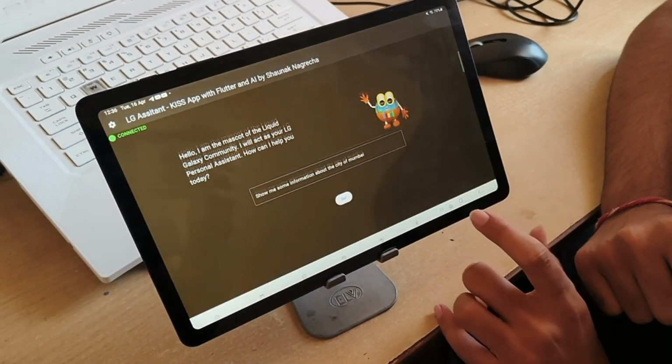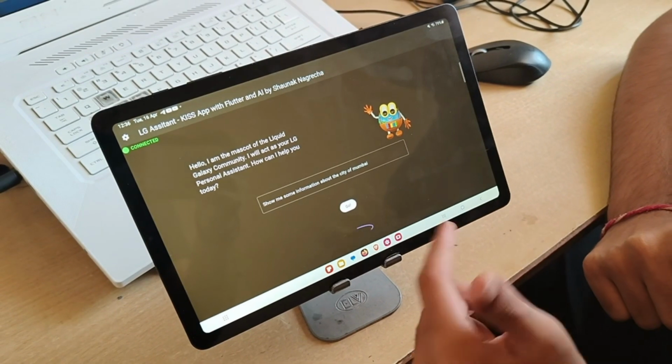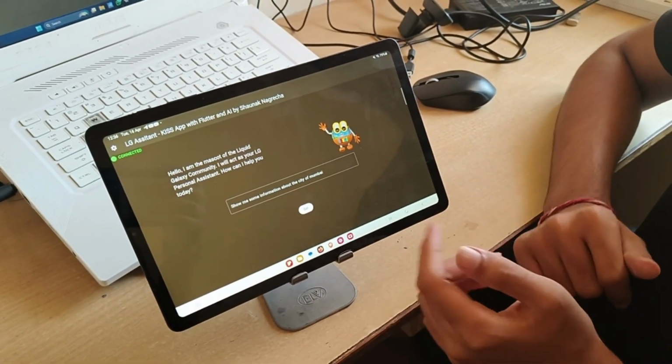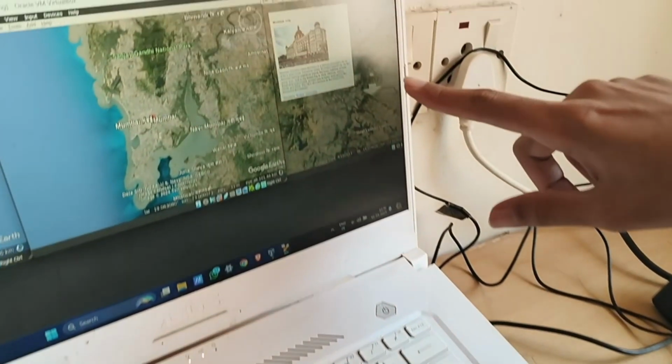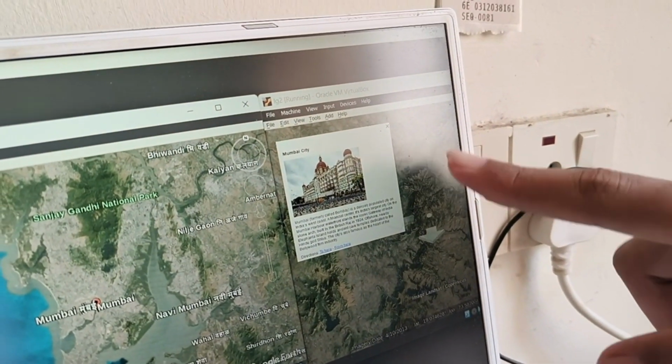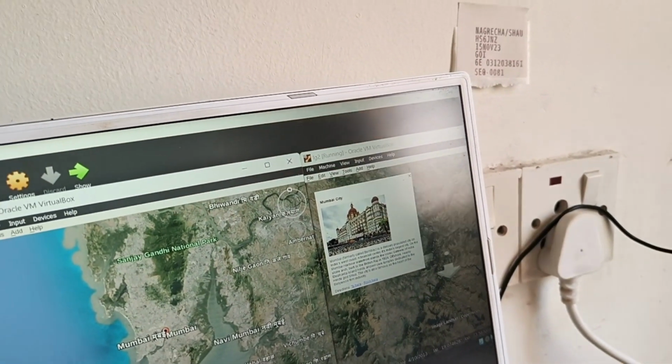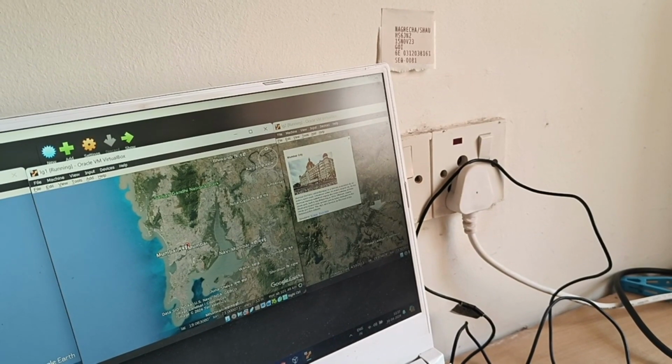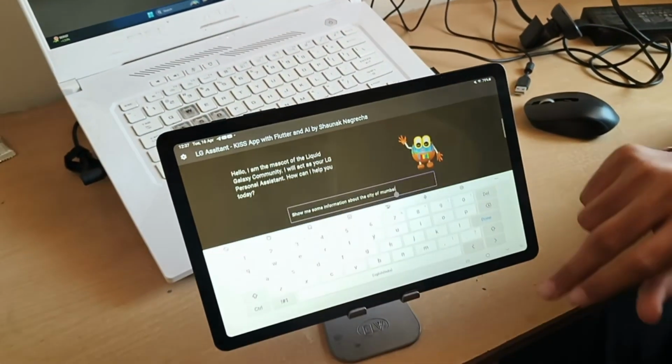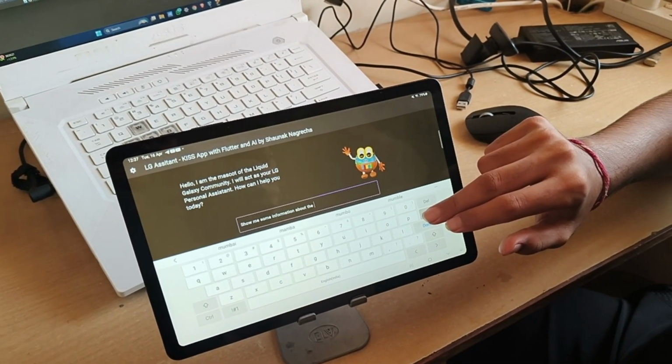So the text appears. I will press go. It will send the data to the model. The model will understand what to do, and as you can see, we have this KML bubble on the rightmost screen.